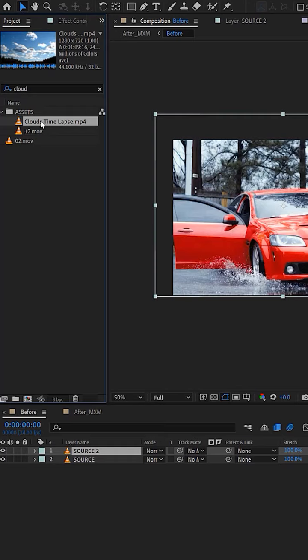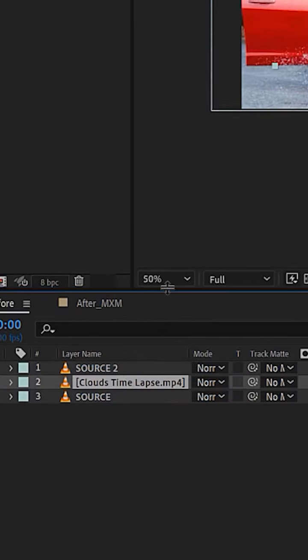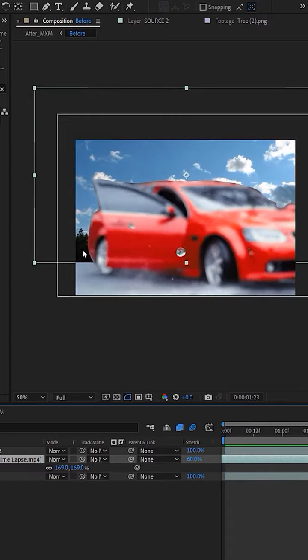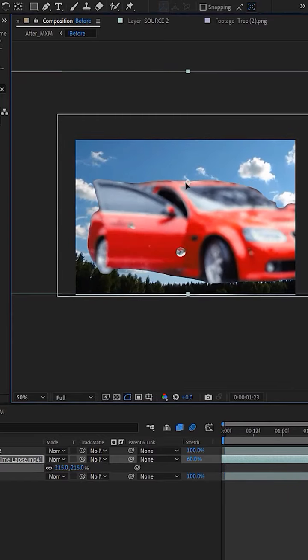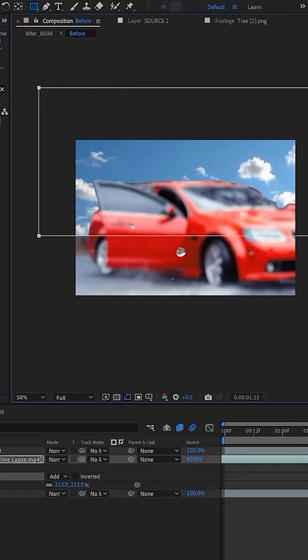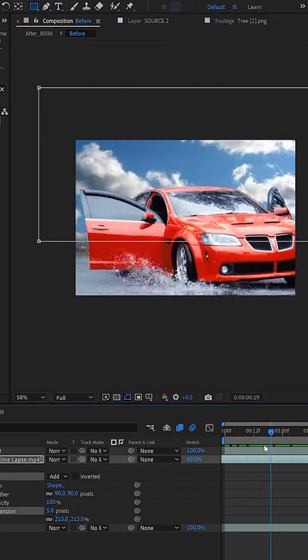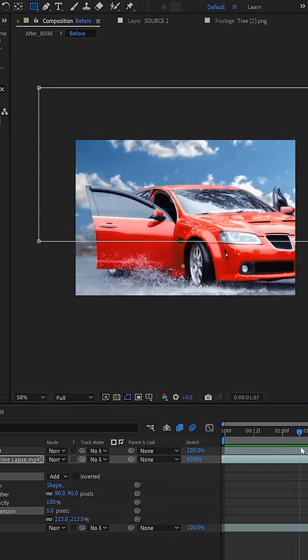cloud time-lapse overlay. We're going to drag it right in between the two layers, and I like to always start off with the sky since it's going to be sitting in the background. Just make sure you add a mask and feather it nicely to where we don't really see the transition point in the middle. And as you can see, this is already looking pretty realistic, but we're going to take things